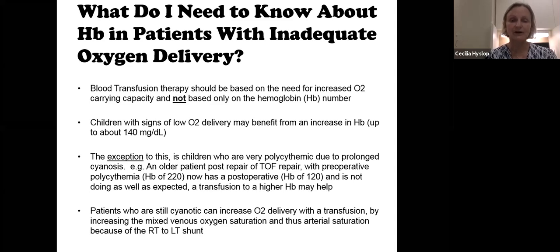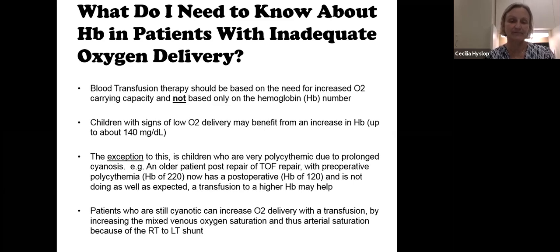Children with signs of low oxygen delivery may benefit from an increased hemoglobin up to about 140 milligrams per deciliter. The exception to this is children who are very polycythemic due to prolonged cyanosis. So this is just giving you an example about understanding the context of that patient